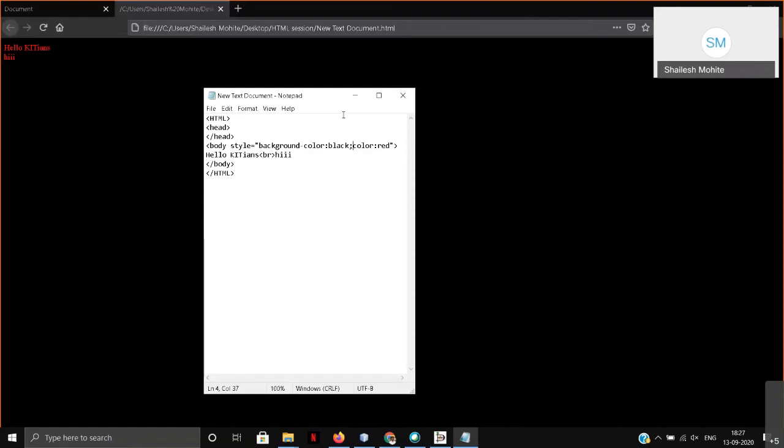So next tag we are going to see is the paragraph tag. So what is a paragraph tag? For example, if you want to display an application on a web page, first of all you will write the address of the sender and address of the sendee, and then subject, date, and salutation, and then the whole body, right? So in that case the whole body comes in the paragraph tag, right?